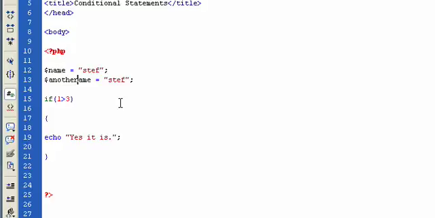Another name, and we'll give it a value of Nick. So what we want to do now is use our if condition here to check whether or not the variable name is actually equal to the variable another name. So we're going to learn something a little bit new here. So what we're doing here is we're comparing this variable to see if it's equal to